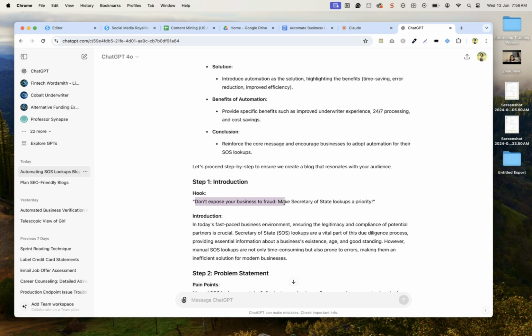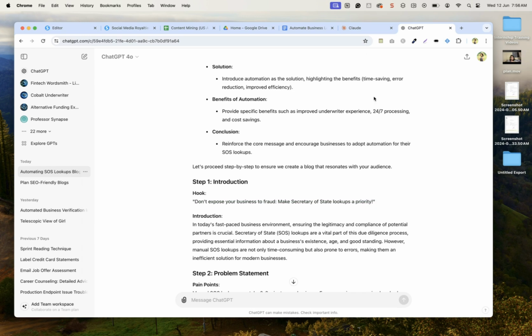Don't expose your business to fraud. If you're going to ask me, I would choose ChatGPT's hook because it gives you the sense of urgency, and